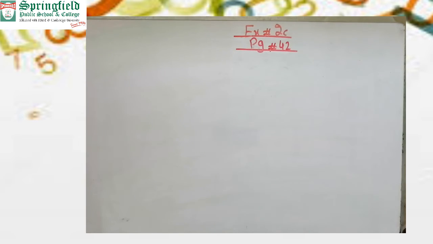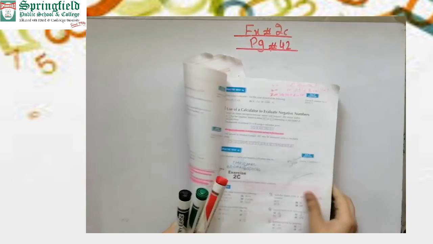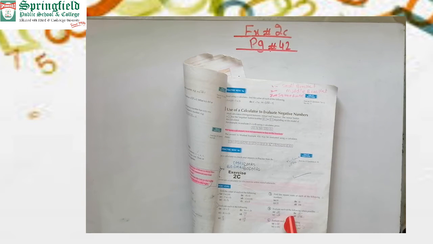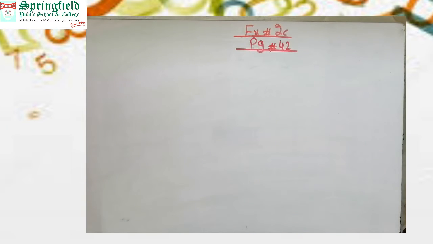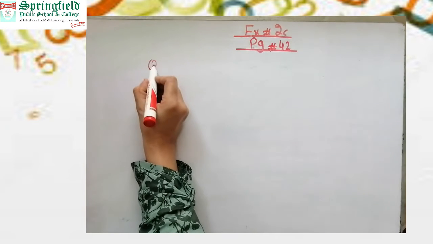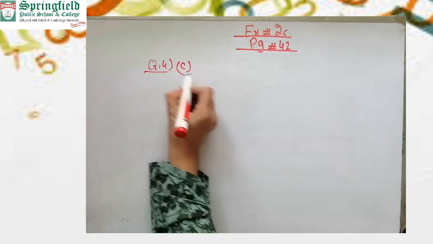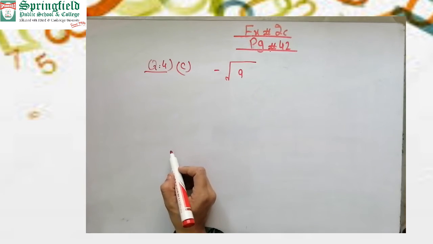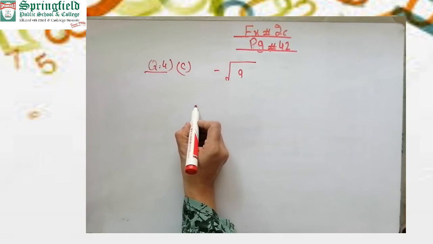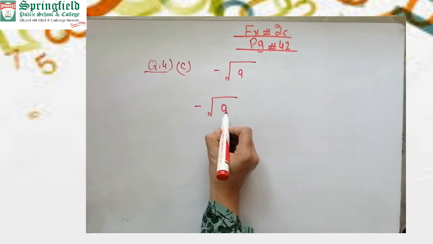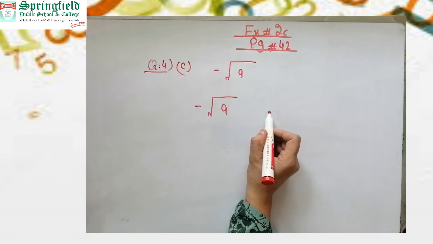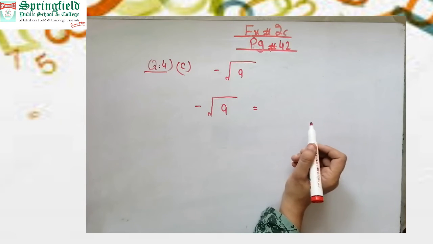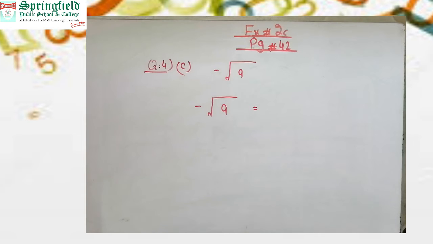Question 4. Okay, I will do C part. As the question says, you will find each of the following where possible. So they are saying that find out the square root if possible. So C part is, minus and then square root of 9. So how can we find the square root of 9? So beta, as we know that we can find the square root of any number by using the prime factorization method. By finding the prime factors of that number.